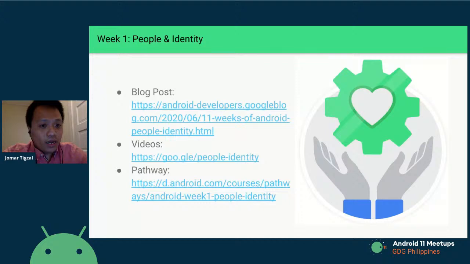You can follow that instead and earn a badge. It's linked to the Google Developers profile, so you can follow that learning path instead of manually checking all these videos, and you can check it in one place and track your progress. Like, oh, I have read all these, watched all these, and done the codelab.